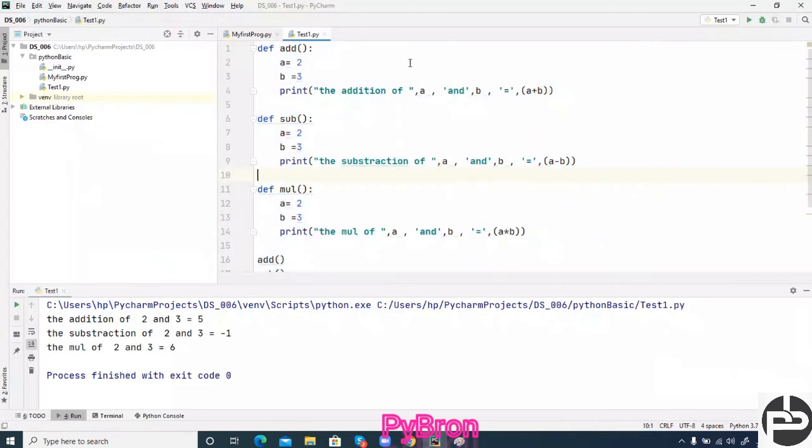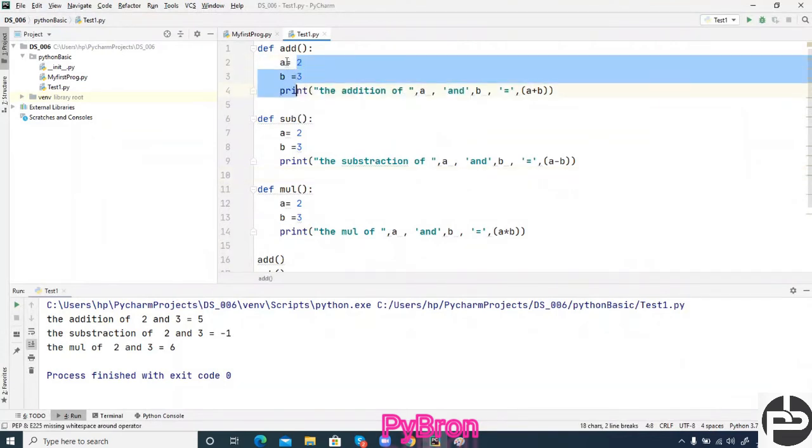Now, don't you think so? It's not a good practice. Suppose in case of addition, if you want to change the value, then you have to call the programmer: hey programmer, come here, I want to add 7 and 3 instead of adding 2 and 3. So the programmer will come, reach that point, change the value, and do their job. Got it? So this is not a good practice at all.